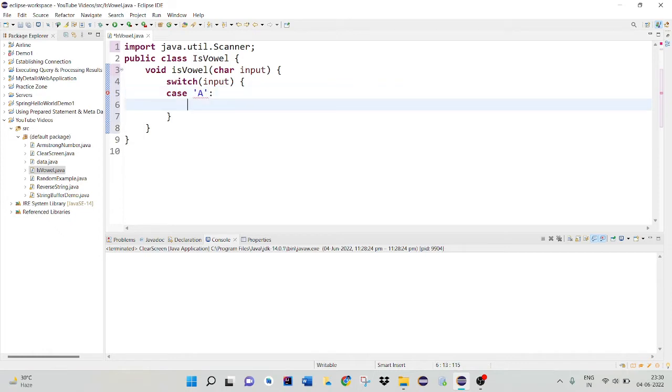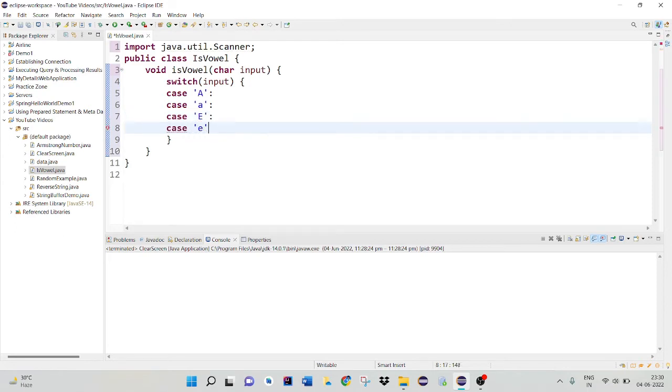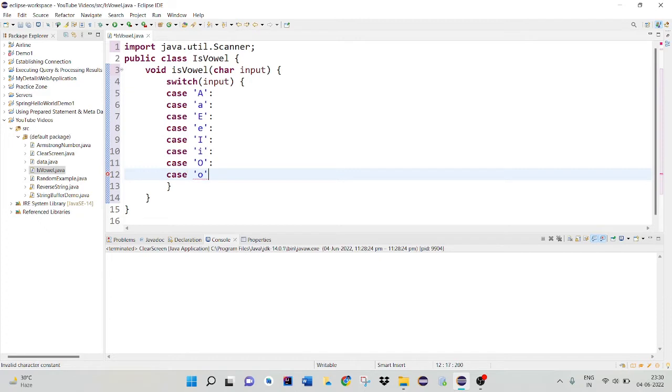So it could be in uppercase or it could be in lowercase, right? So I'm writing both the cases. So I'm done with the operation part. Now we can simply print the output, that if the given character is within these cases, then